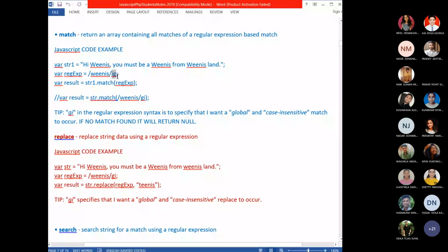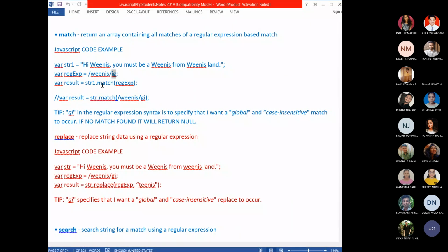Because if you did not give the flag, automatically the match will perform a case sensitive search.